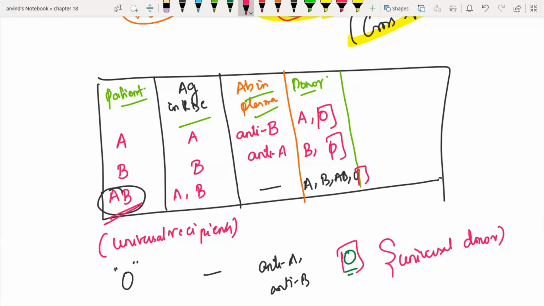So if you take this table, everywhere I tried to mention Landsteiner. So if you have got those two laws, you can easily fill this table, right? So this is about your ABO blood grouping. Now, talking about